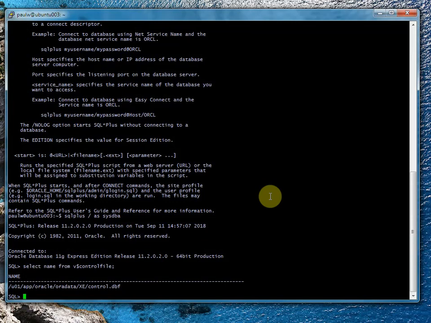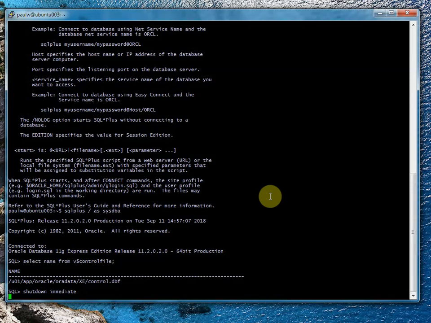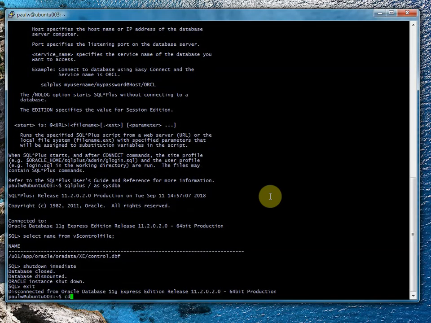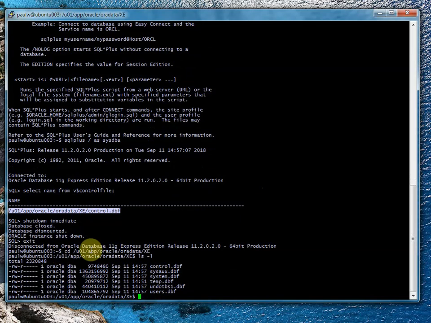So what I'll do now is shut down the database, copy the control file manually using the file system command, then start the database and alter the system to replicate the control files. So let's just move to this directory, and we can see we've got our database files there and our control file. So the first thing I'll do is copy the control file,